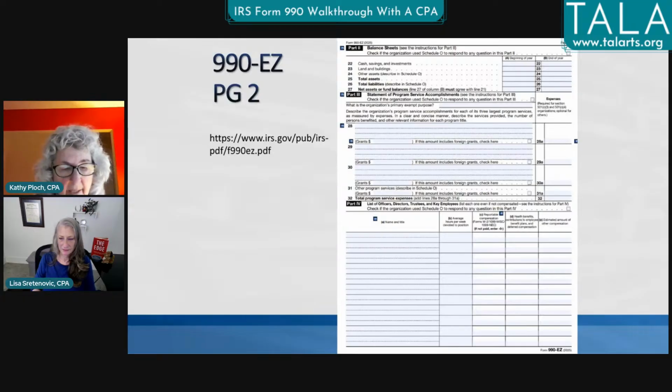And I know on here it doesn't really give you a lot of space, but when you've got the programs, the X will go on to Schedule O. So please fill this out. They want to know the expenses. And just so you know, those total program expenses on line 32 are not going to be the total of expenses that you have on line 17 on the first page.